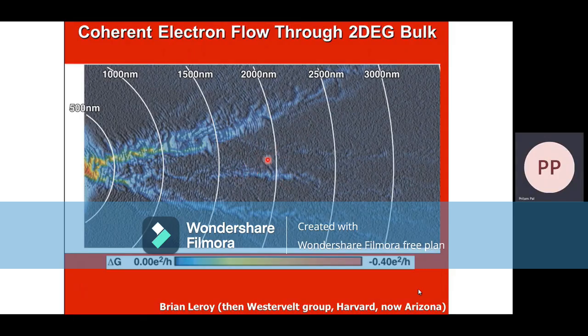So these are a coherent manifestation of the wave nature of the electrons in this two-dimensional electron gas. The period of the fringes corresponds to half of the Fermi wavelength in this sample, right? So this is really a beautiful experiment which